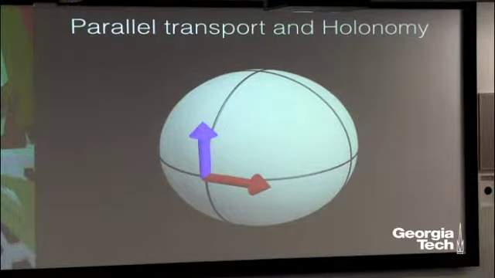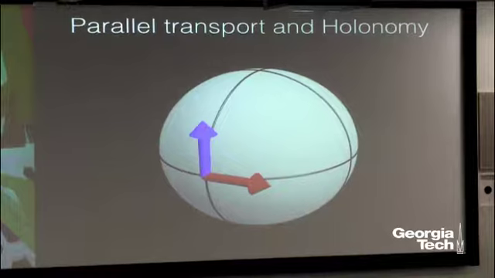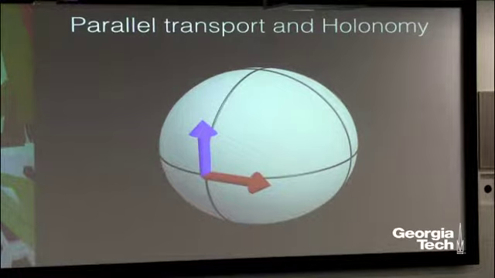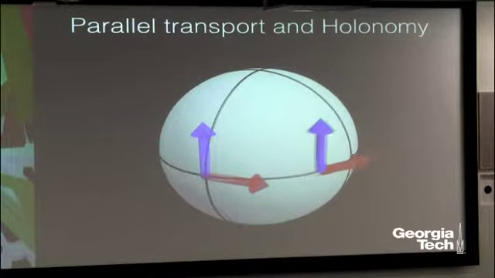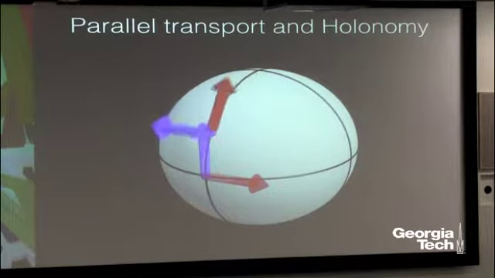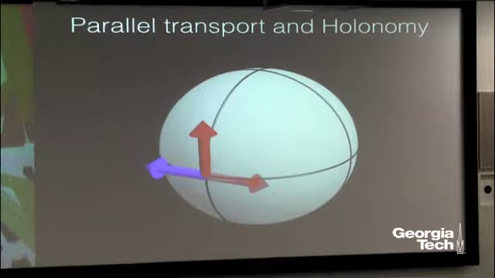So imagine I'm standing on the surface of a sphere. My right arm is pointing to the North Pole. So this is the Earth, say. I'm standing at the equator. My right arm is going to be pointing towards the North Pole, and my left arm is going to be pointed east. Okay? So what I'm going to do is I'm going to start walking. So I walk a quarter of the way around the world. I walk up to the North Pole, and I walk back down.